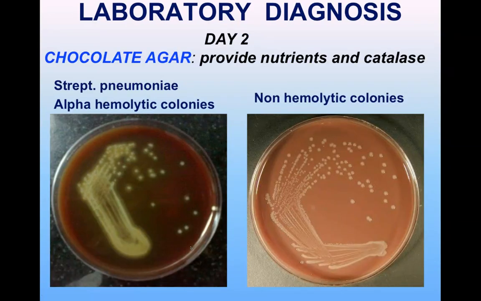Next is chocolate agar. Chocolate agar is an enriched media for this organism, and on chocolate agar you're going to see again alpha hemolytic colonies. Typical alpha hemolytic colonies would be seen, which is because of incomplete hemolysis of these RBCs. Now, this plate is another chocolate agar plate where the colonies are non-hemolytic. So there is no greenish discoloration around the colonies, which is specific for strep pneumoniae, as you can see over here.